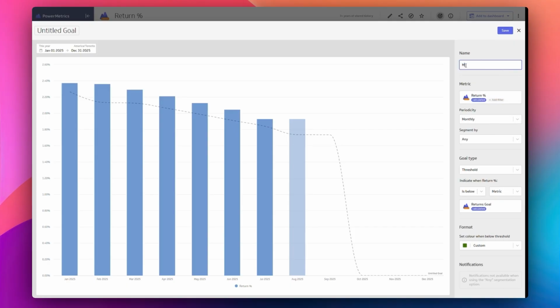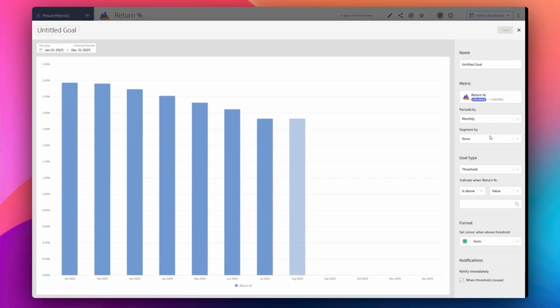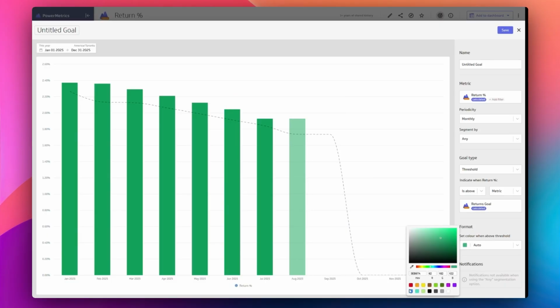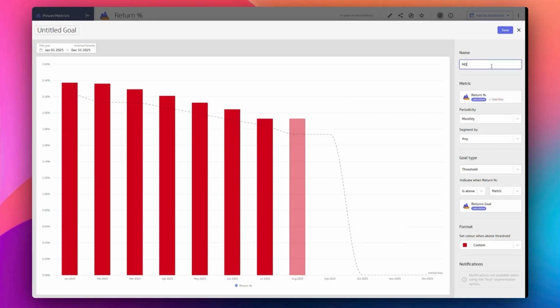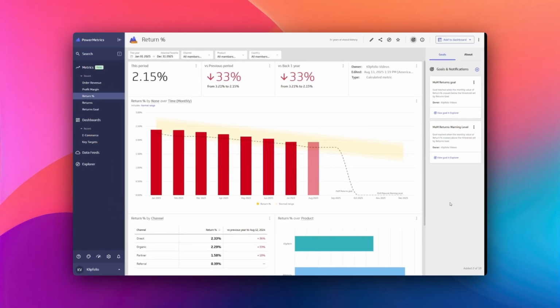Either way, we'll title this and save it. And now we can see it appear on our visualization. I'll also create a goal that tracks if the return rate is over our target, and I'll display that in red if that's the case, to add conditional formatting to this display. Okay, now we have multiple dynamic goals that can help us understand if our return rate is decreasing at the